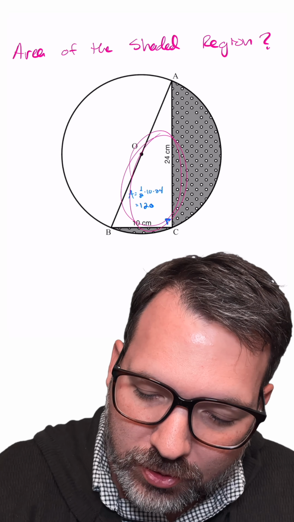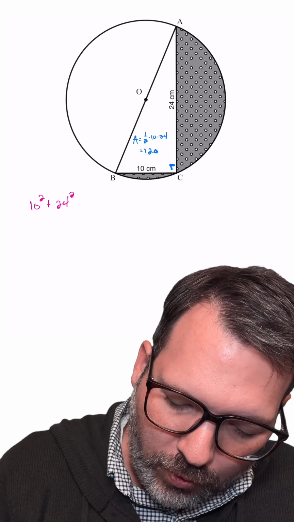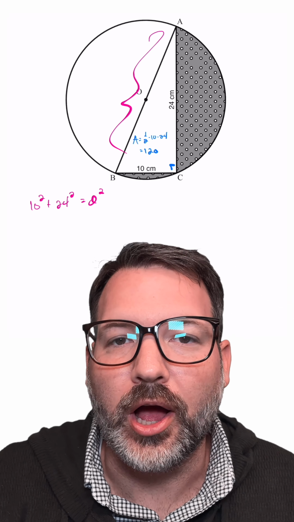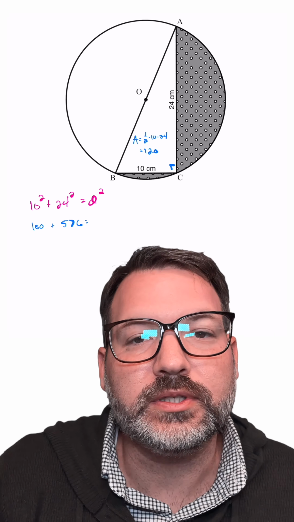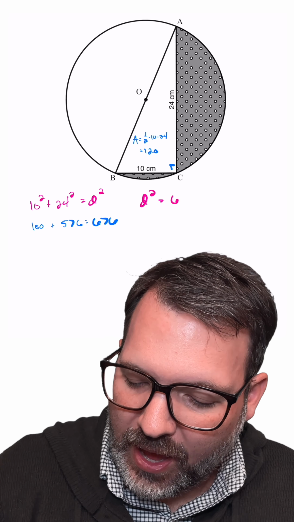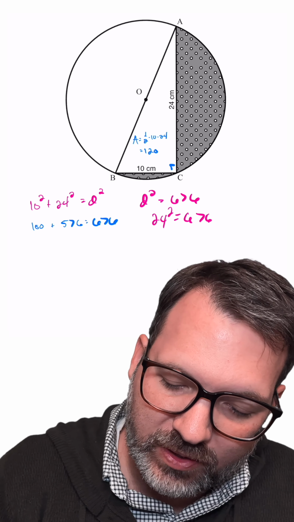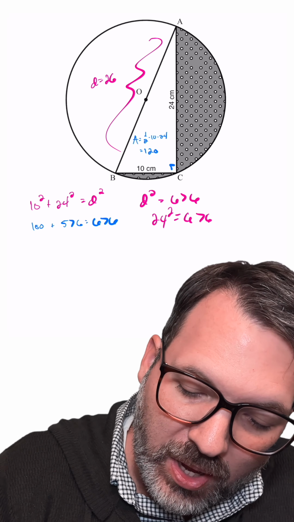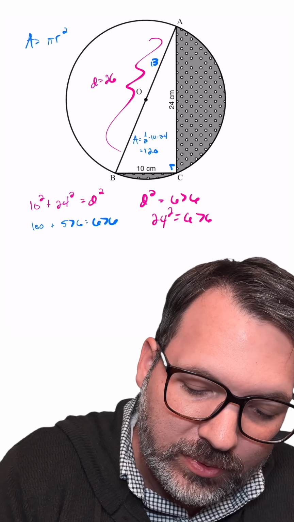Again, this is a right triangle. It has to obey the Pythagorean theorem. 10 squared plus 24 squared needs to be equal to D squared, where D is the diameter of that circle. 10 squared is 100, 24 squared is 576, and that adds up to make 676. It just so happens that 26 squared is equal to 676, and so we can say for sure that that diameter is 26, meaning the radius itself is 13, and then the area of a circle, pi times the radius squared,